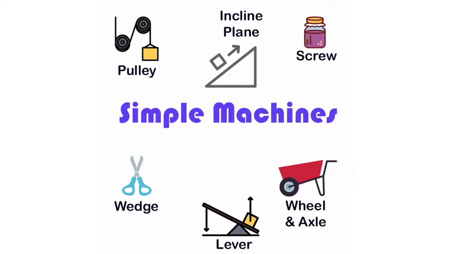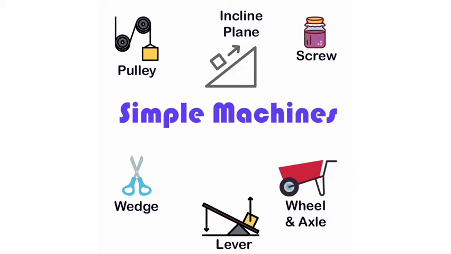Simple machines. What is the meaning of simple machine? We use several tools called simple machines that make our work easier every day. We use a knife, nail cutter, cutting machines, cutting pliers. When a force acting on an object moves it across a distance, work is said to be done.